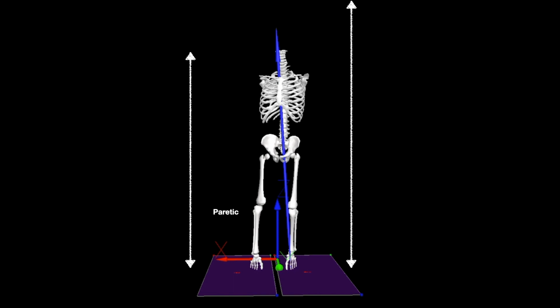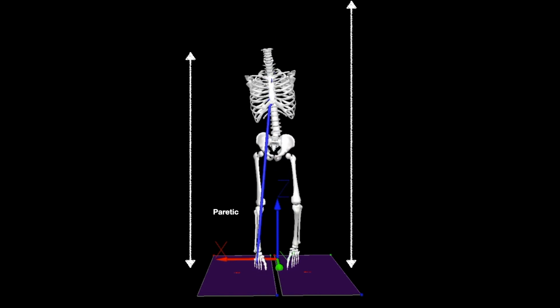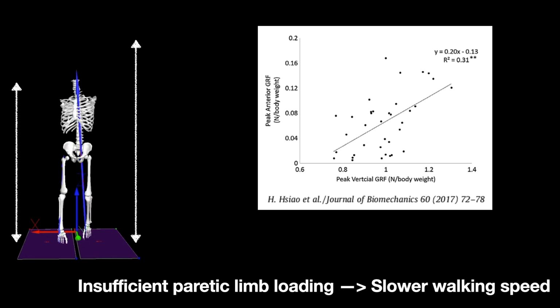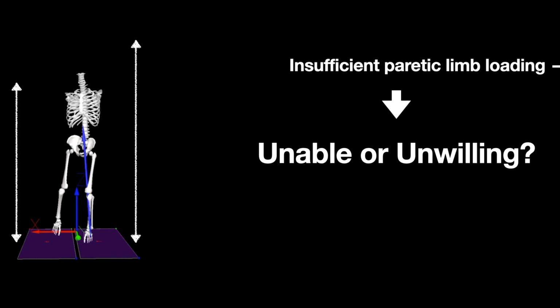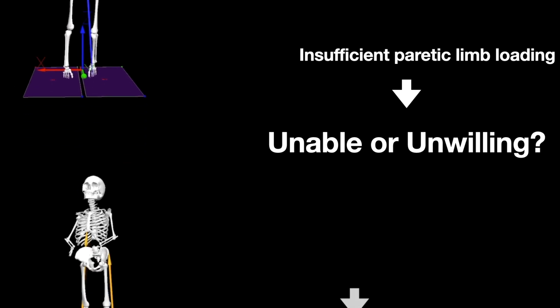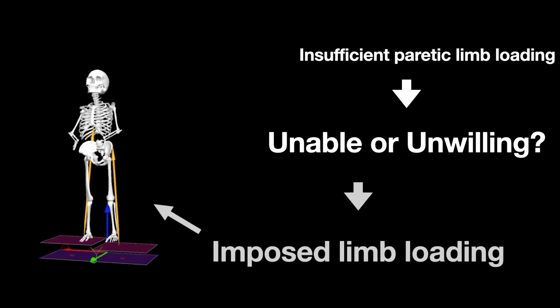Bearing less weight on the paretic side reflects deficit in lateral weight transfer and vertical limb loading, where insufficient limb loading affects propulsive force and thus decreases walking speed. However, we don't know if it's because they're unable to, unwilling to, or even unaware of being able to load their paretic leg. To explore the answer to this question, we've developed a novel perturbation to deliver impulse limb loading